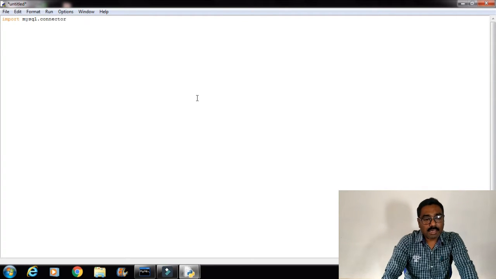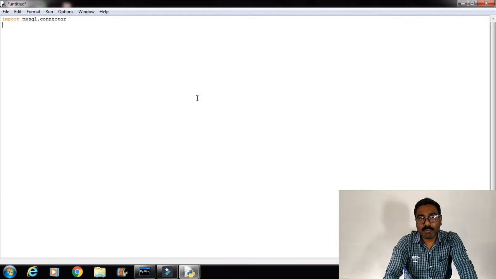Now this is a module that imports the MySQL connector into the Python programming. After that, you have to open the MySQL database in Python. For that, you have to use a submodule or an object of the MySQL connector, that is connect.